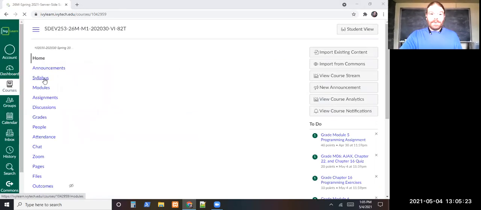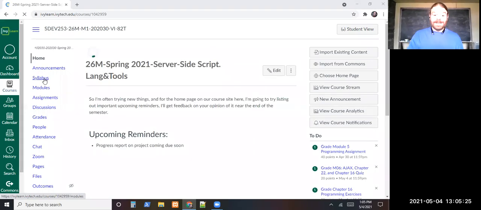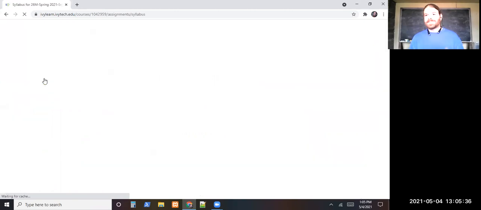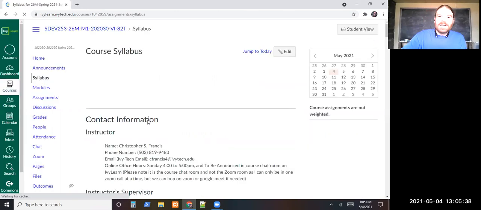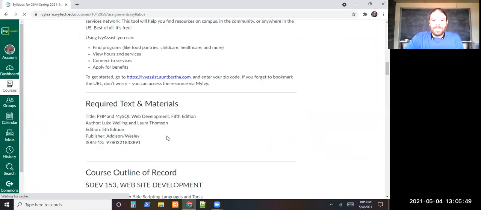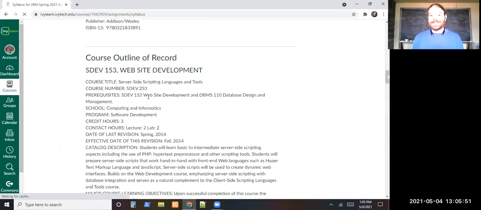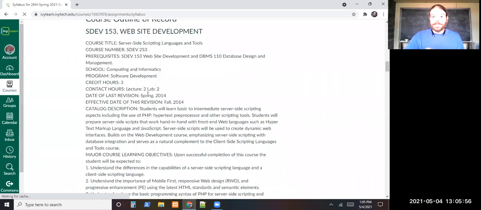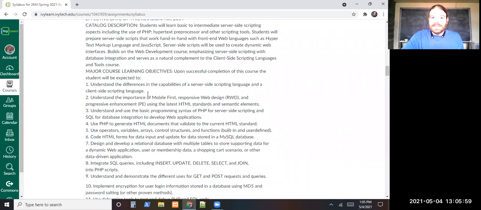Okay, so you might remember at the beginning of the class, when we were going over the syllabus, I pointed at a list on here and mentioned that it's a list that you will see in all of your classes. It's specific to the class, but it's called the course objectives. I can't remember what the R stands for right off the top of my head. It's probably listed on here. But in all, it's the course outline of record. So it's the list of things we're supposed to be learning from a course. And near the end of the semester, you always want to look at this list and make sure you feel